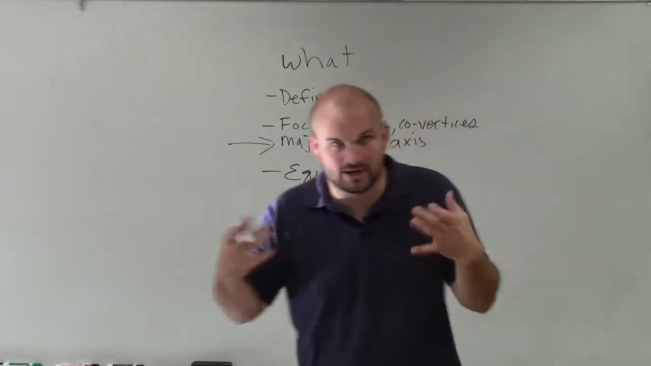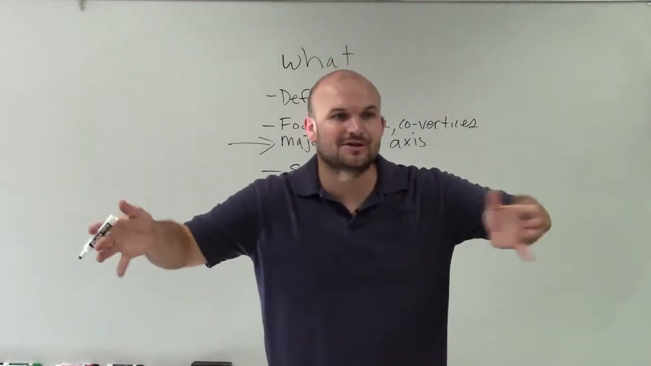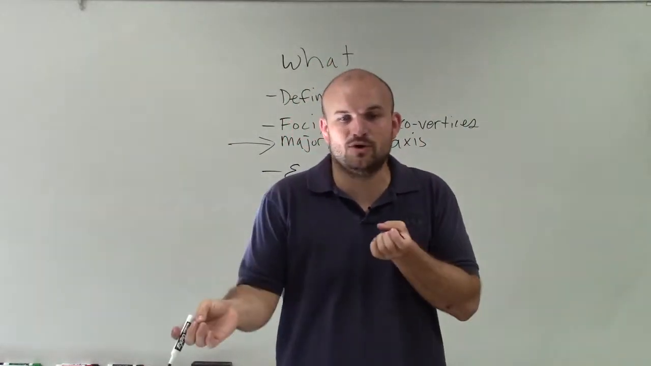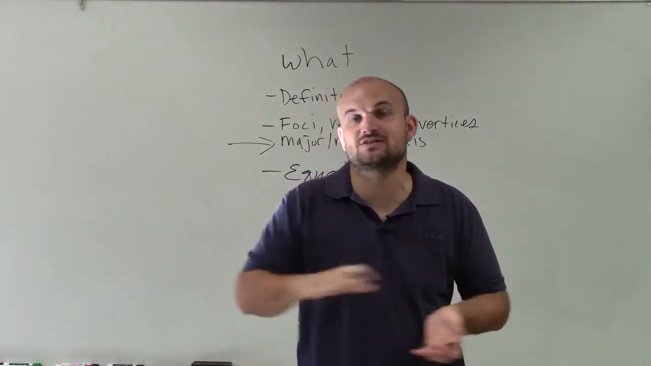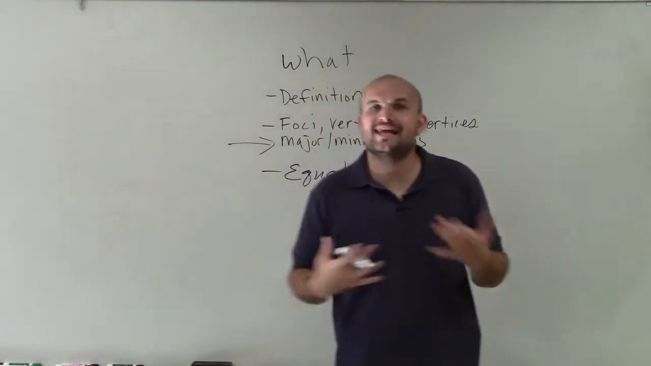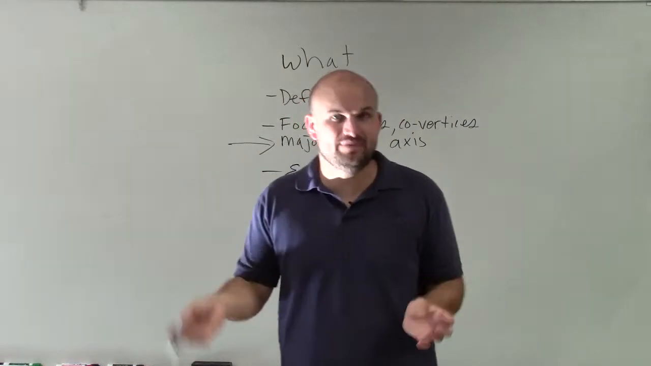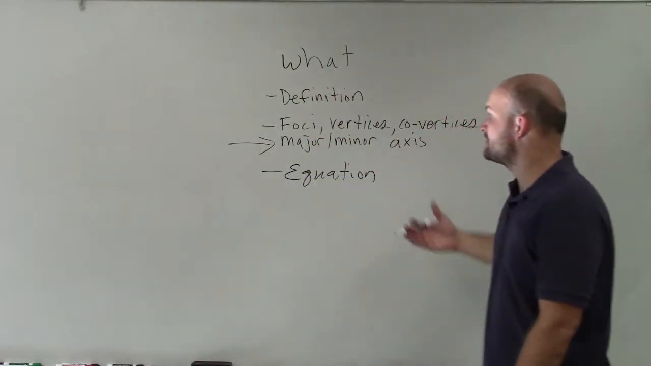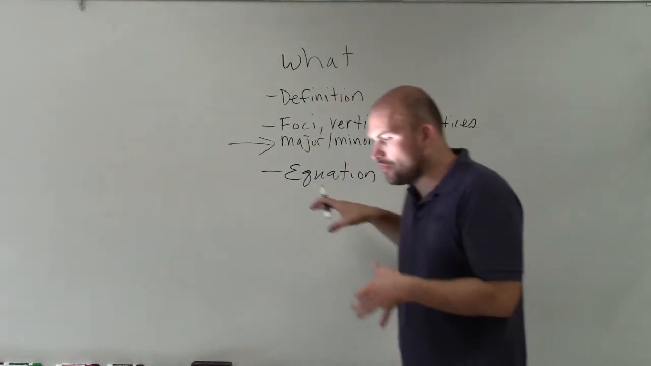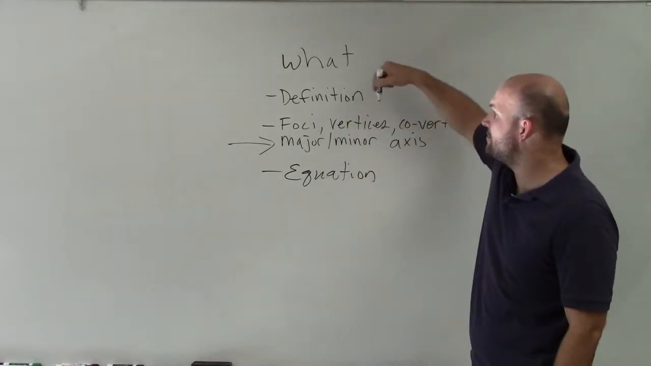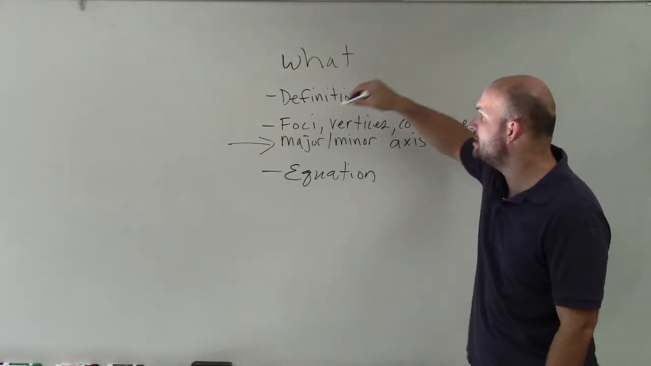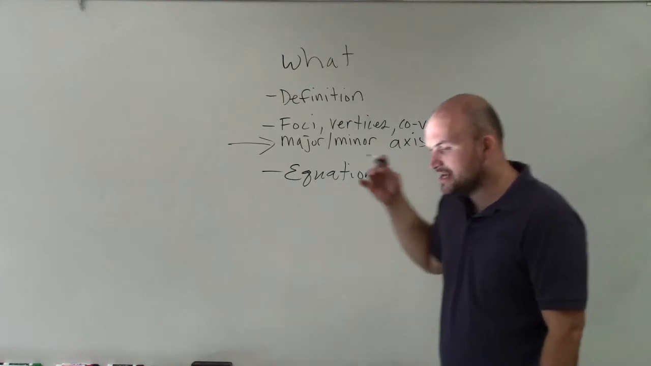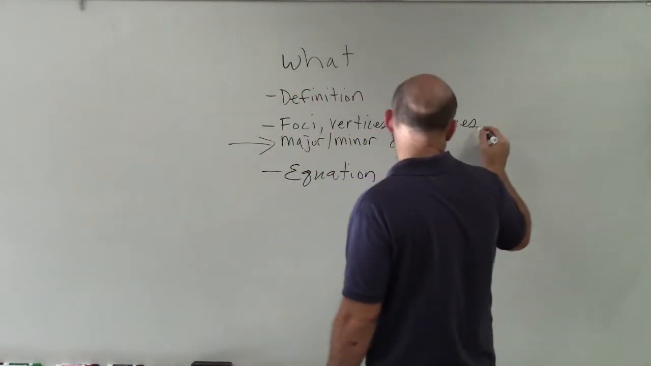Because even though we're going to be given one equation, there are two different equations depending on whether the major axis is horizontal or vertical. And that's going to be based on the location of a and b in your denominator. So pretty much being able to understand those parts, as well as knowing how to determine the foci, vertices, and co-vertices in relation to your center,